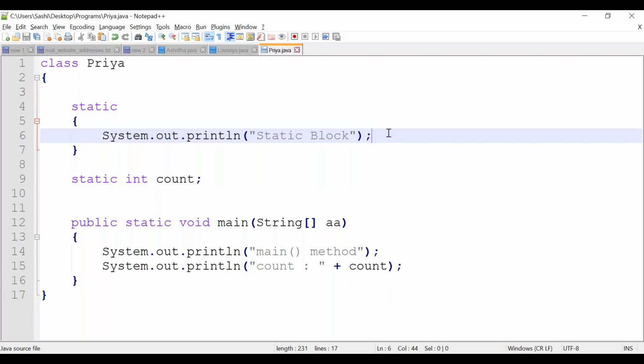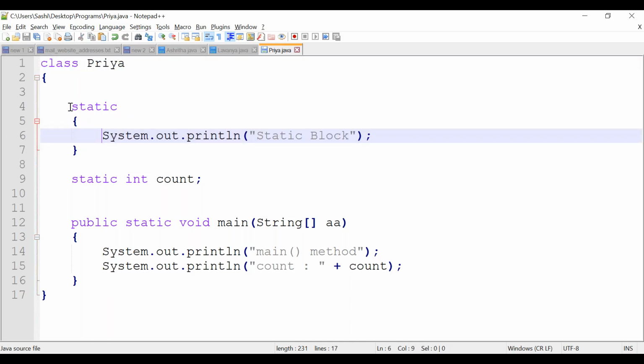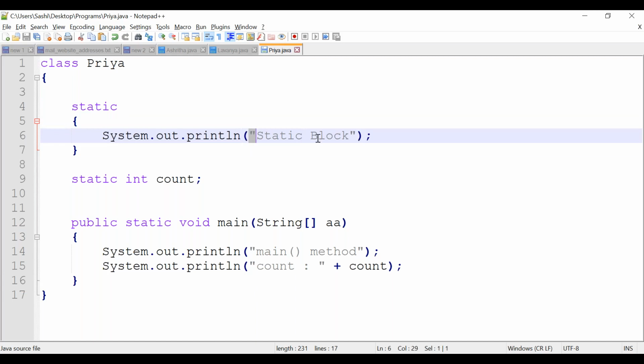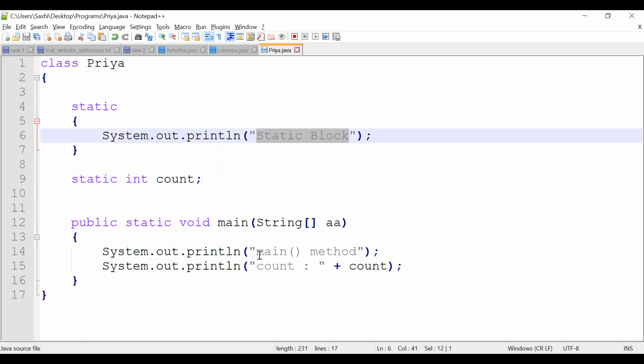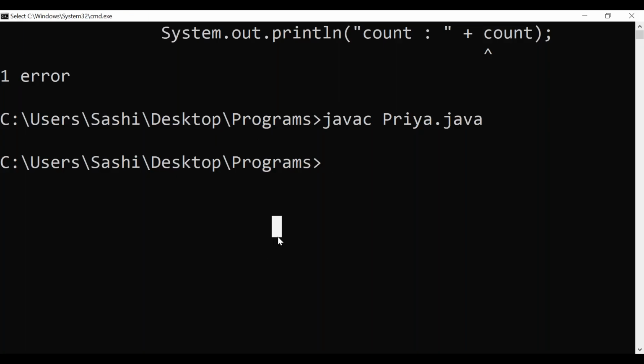It starts executing the class. First it finds the static block. First it is loading the static block. It is the order, correct? It is just printing some statements, right? After that it identifies the static variable. Then static variables are loaded with the default value. Count will be loaded with the default value. So the output will be static block, main method, then count will be 0. Correct? Let's run this.